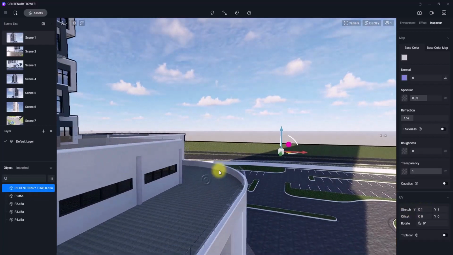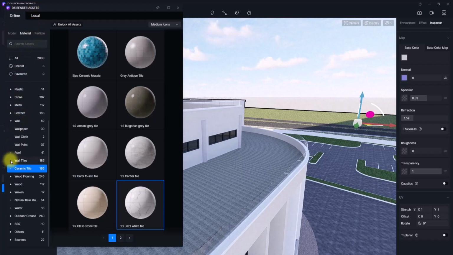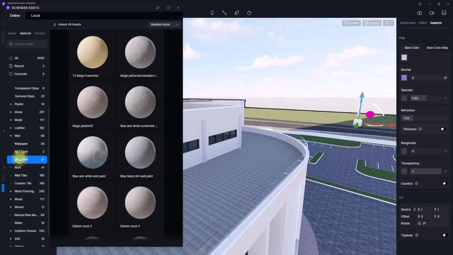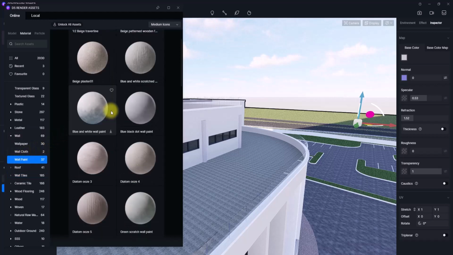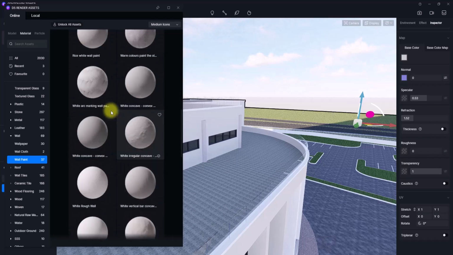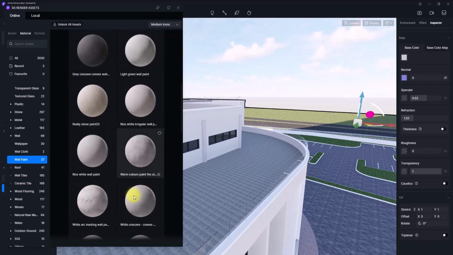So now we want to apply material on this concrete slab. We're going to go to the asset library once again, then to walls. Under walls, we're going to go to wall paint and look for some nice concrete material here. So let's just scroll down and look for something that will be appropriate for this concrete slab. Okay, I think this could